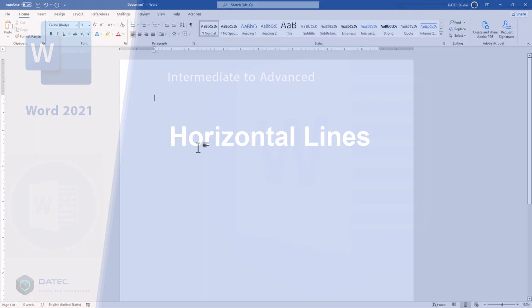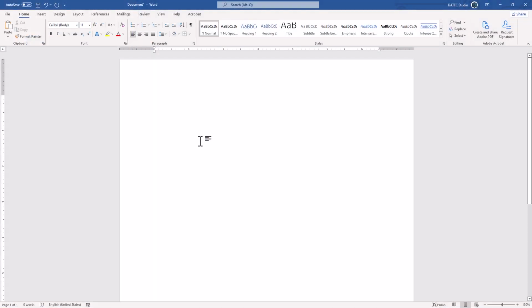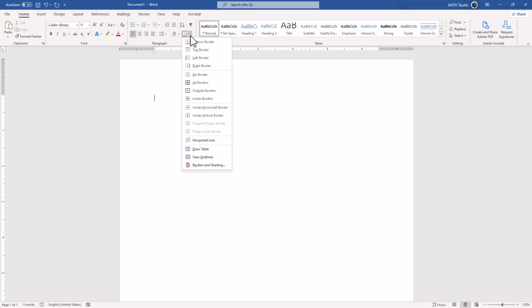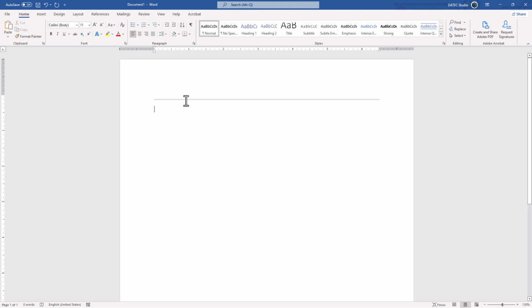Before going to another topic, I want to mention autocorrect, or better to say autocomplete, about horizontal lines. To make a horizontal line, you could click on the border and use horizontal line. And of course, after making it, you could select it and change the format. But instead of that, as I mentioned before, if you type triple dash and press the enter or return key, you have